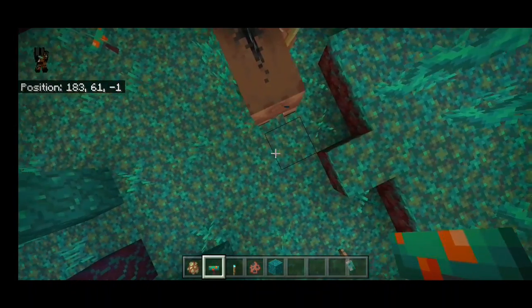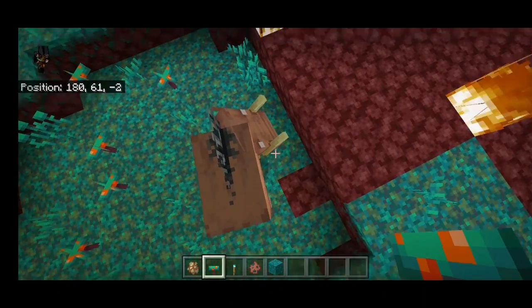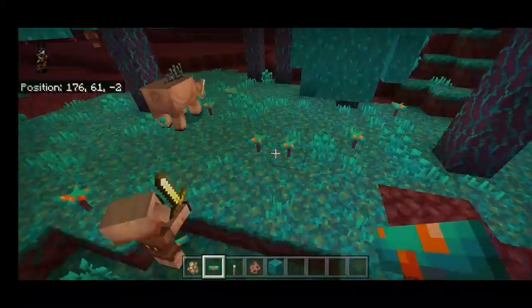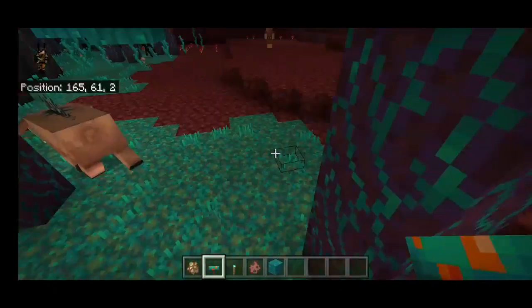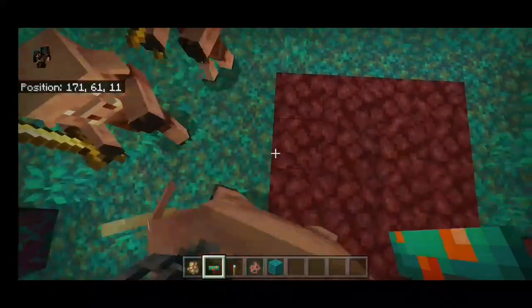If I place one of these, there you go, look, he's moving away from it. He doesn't really like it. And now they're all going to attack me, so yay. So,